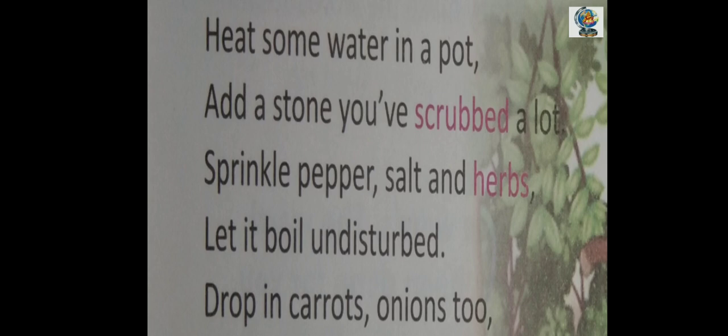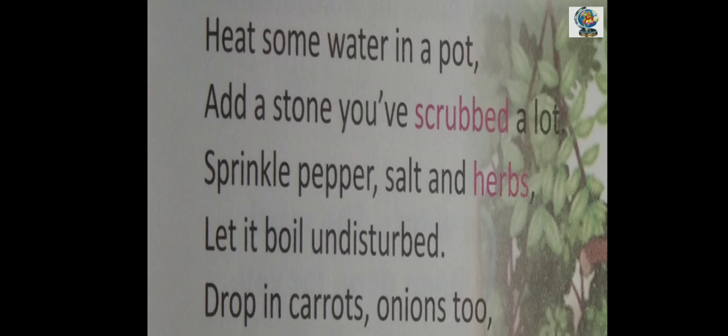Okay, understood here? So repeat with me once. Heat some water in a pot. Add a stone you have scrubbed a lot.